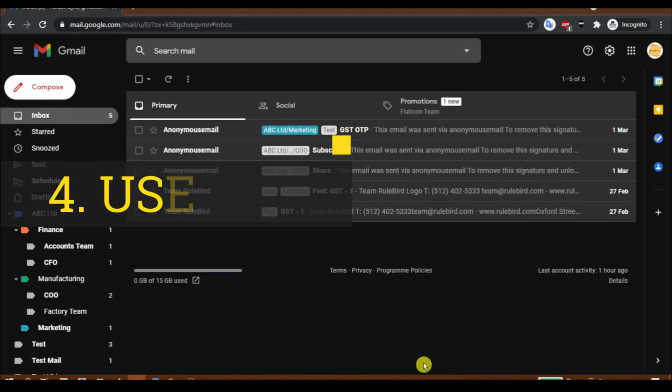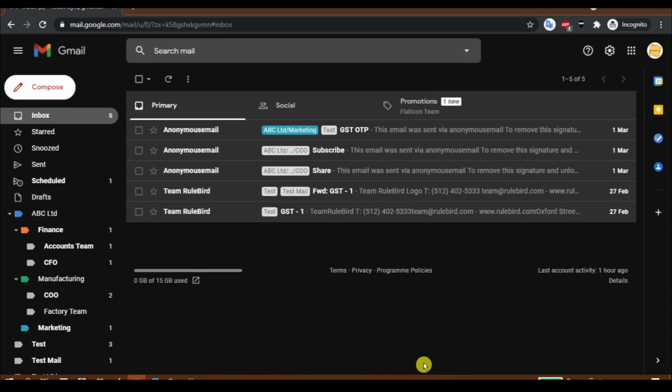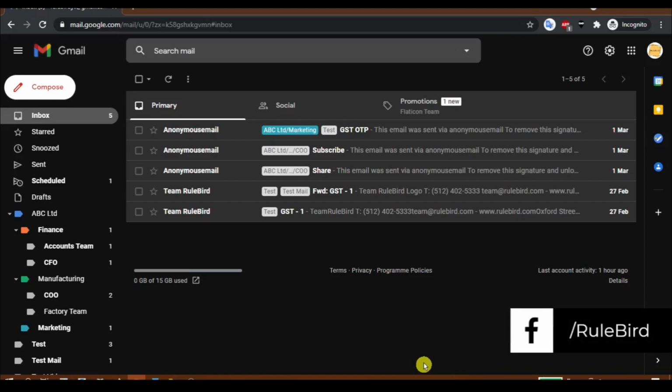Next one is filtering messages using emails. This one is very important. When you are getting tons of emails, so many newsletters, bank statements, some client emails, emails from your team, emails from your friends and everything, what happens is that some important emails are lost in between them, or you just don't know what to do with them, and your inbox just keeps on flooding with all your emails.